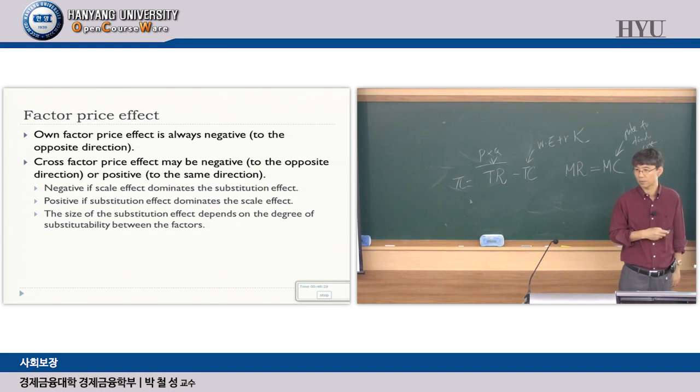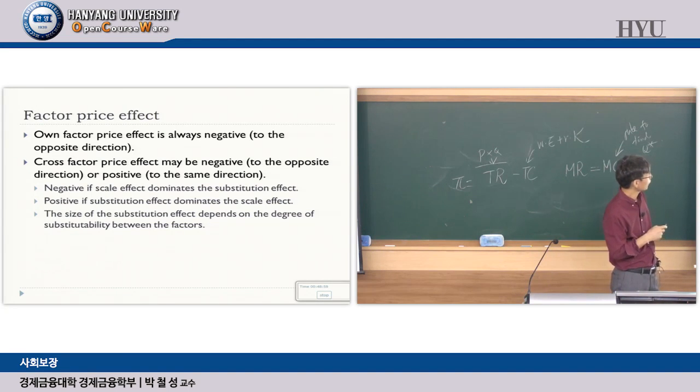And it can be negative or positive. Okay? Depending on which effect dominates, scale or substitution effect. It's negative if scale effect dominates the substitution effect, meaning that if rent goes up, then labor demand may fall. Okay? If scale effect dominates substitution effect. Positive, if rent goes up,